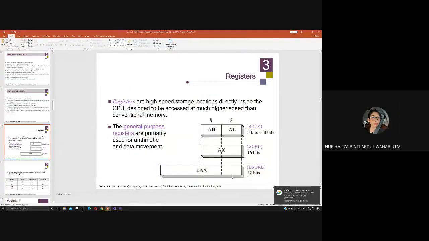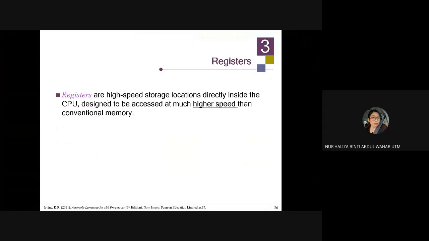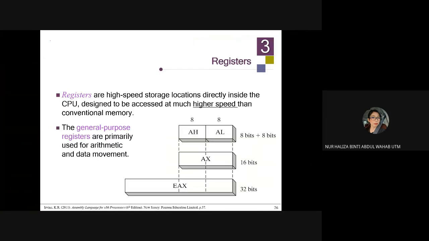Mana saya nak tulis ni? So ku kenapa saya punya mouse ni? A